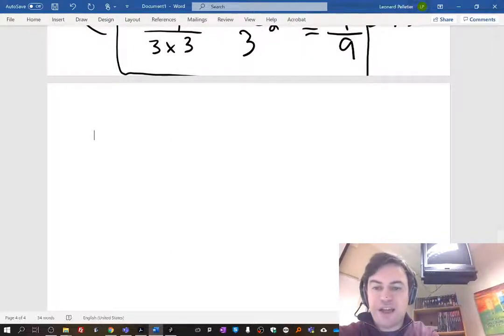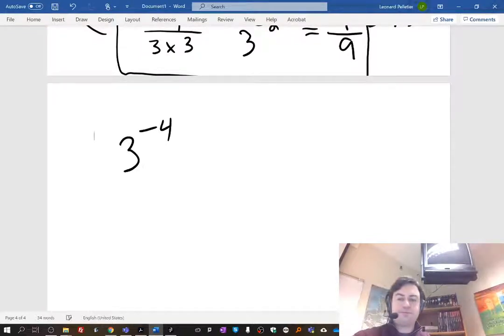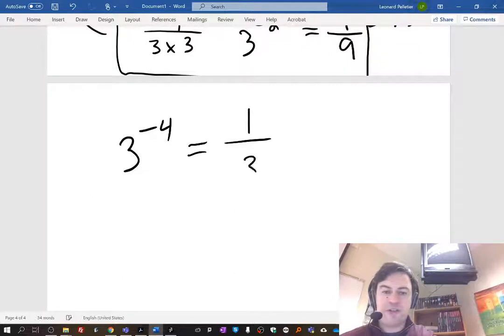What about something like 1 over... no, I won't do that question first. I'll do one before that. Let's take 3 to the negative 4. So if you had to write this without negative exponents, how could you do that? So basically, that's going to be the same thing as 1 over 3 to the positive 4. There it is. So anytime you want to change a negative exponent and make it positive, you can flip your